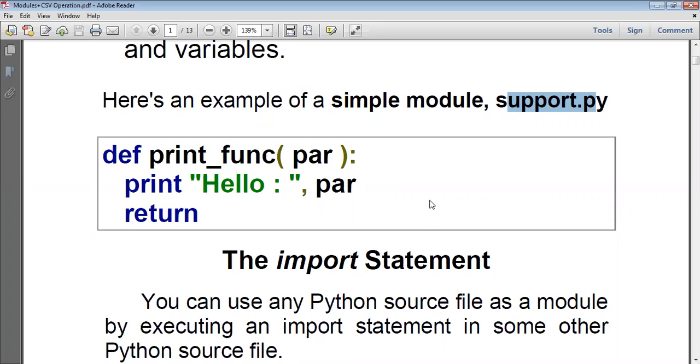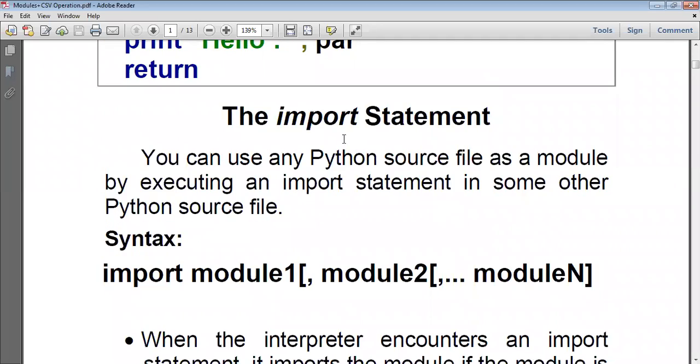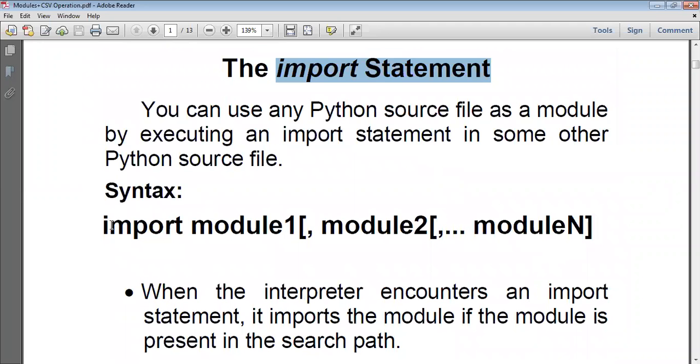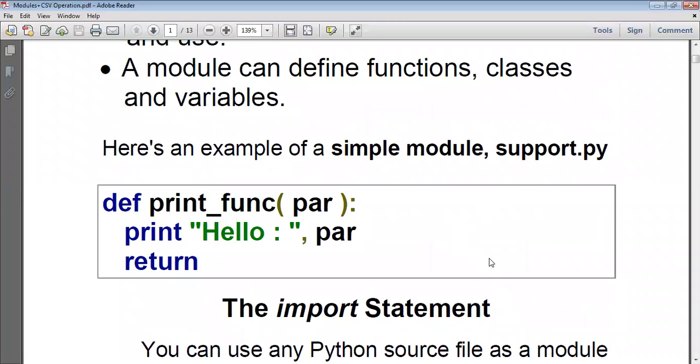That is with the help of the import statement. Once we have created a module, wherever you want, you can import it with the import statement. It is very simple. The syntax is the import keyword and then the module. If you want to import many modules, you give the module names separated by commas. For example, here a support module is there, right? One more module I have developed, called develop. I want to import that also.